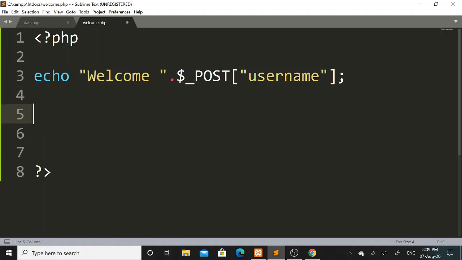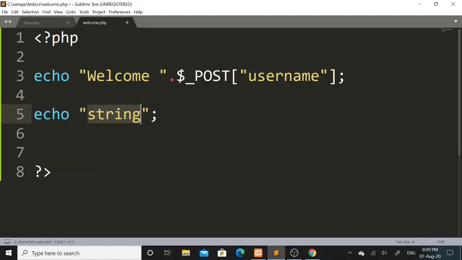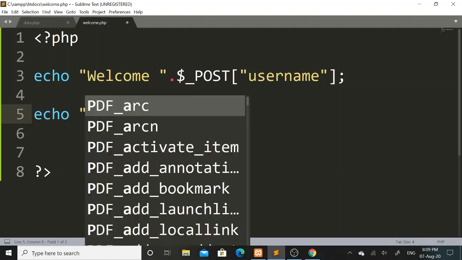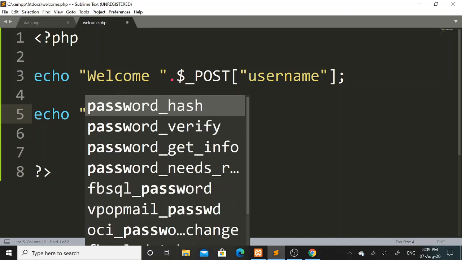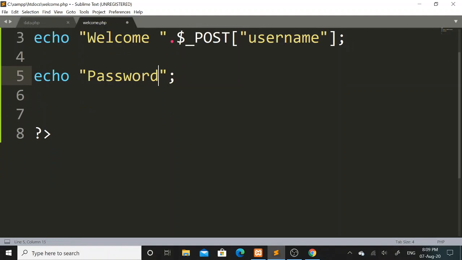In the next line I will mention the password that is entered by the user. So again with the help of echo I will print the password entered by the user. I will mention password is, dot, dollar underscore POST, then again this is a post variable.